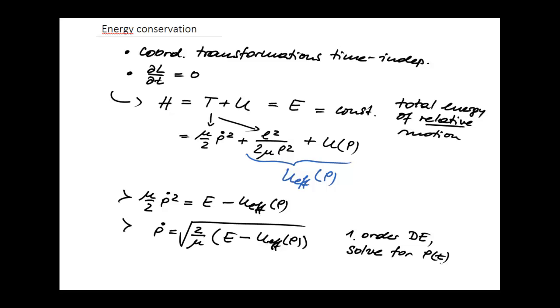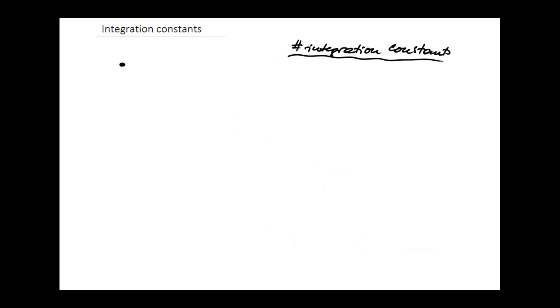Before we come to the general form of the solution and the discussion of the solution, let's pause for a minute and take count of the degrees of freedom and the integration constants. As for the integration constants, what would you expect? We have two masses. Each mass